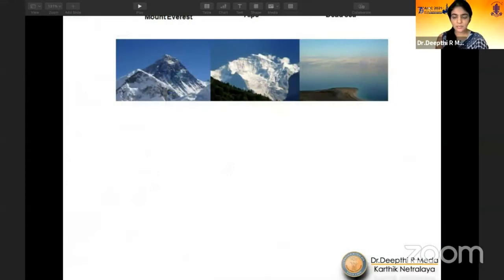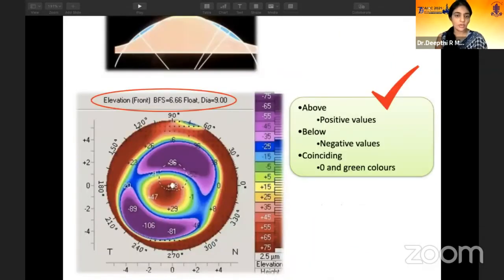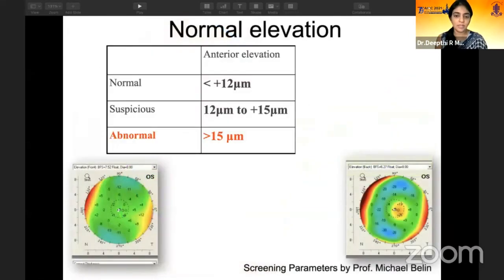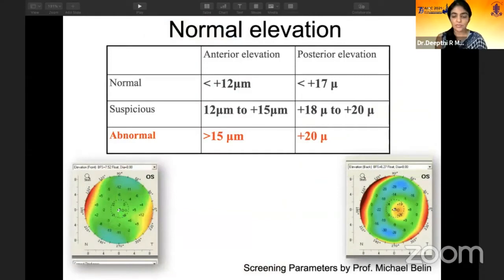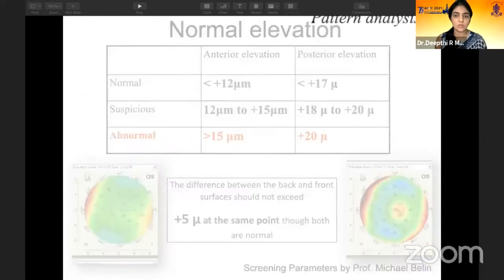Now, elevation maps are a boon in corneal management today. Just as you have a gold standard of sea level in the Earth's topography, your machine creates a best fit sphere, and we all know that hot colors are any part of the cornea above it, and cold colors are any part below it. We know the magic numbers: more than 15 in the anterior elevation and more than 20 in the posterior elevation is a sure sign of an abnormal cornea. Another parameter which helps us many times is, at the same point in the central 3 to 4 mm, a difference of 5 microns between anterior and posterior, again something to watch out for.